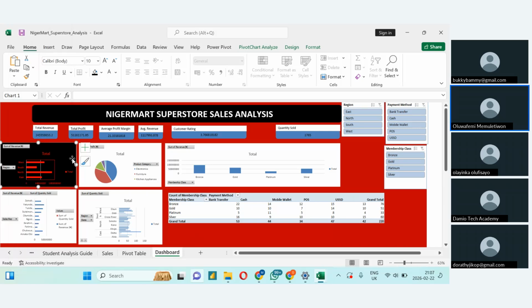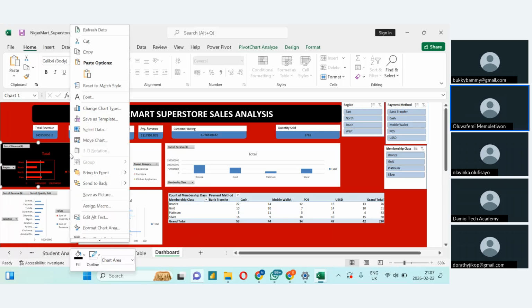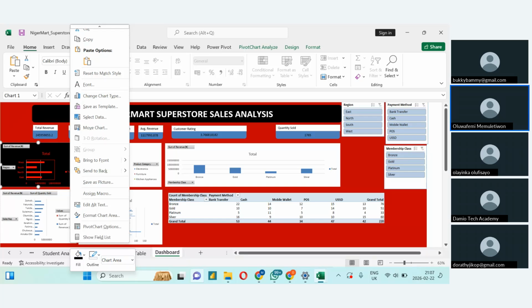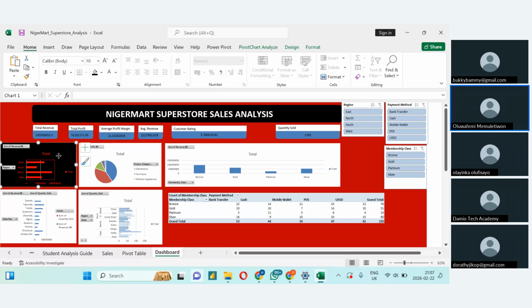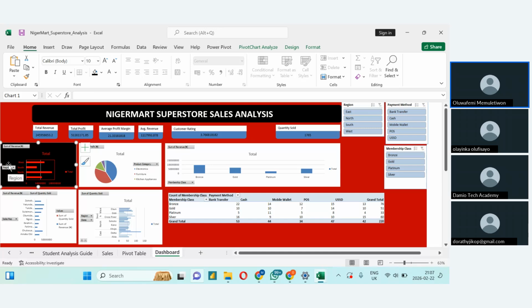What's going on? It's supposed to show me a hide field option once you click on it. Okay, sorry, you're supposed to click on one of these two things in the chart, either sum of revenue or region. So if I right click on this,